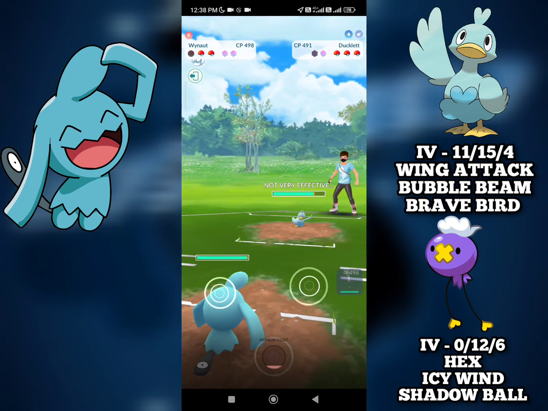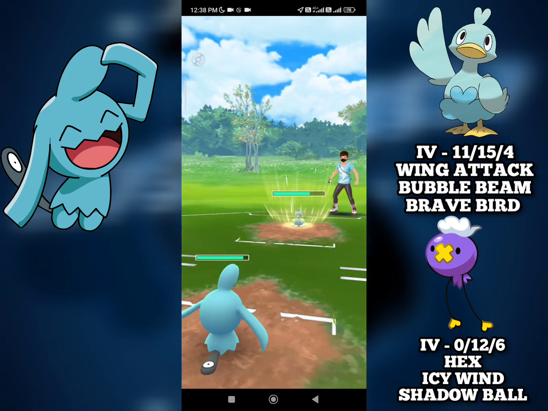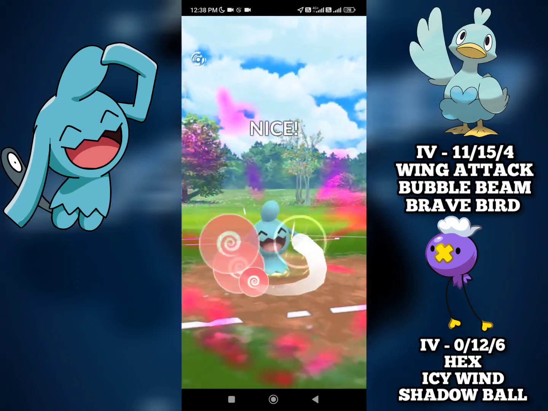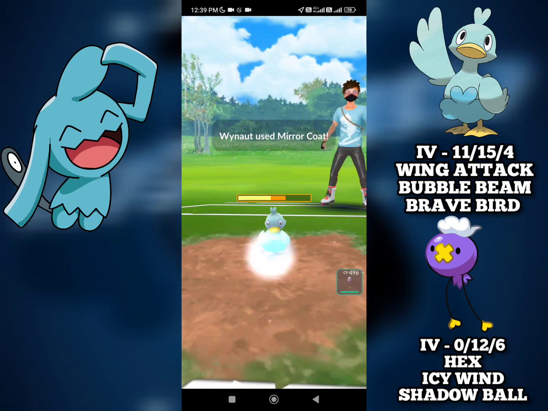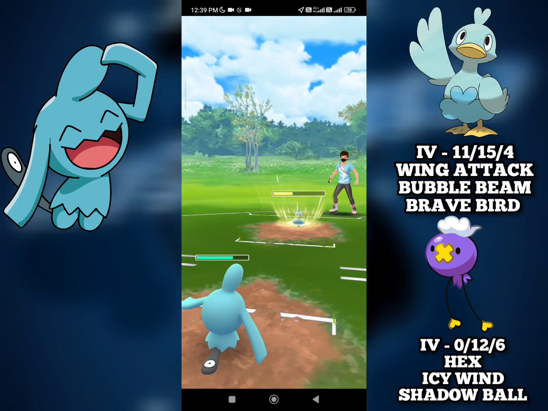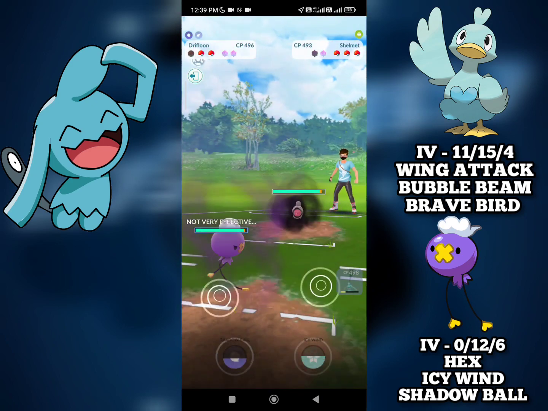From here, I'll bring in my own WYNAUT to absorb the energy. This could be a Brave Bird, but I am calling it, and it was a Bubble Beam bait. We go for the Mirror Coat to do some cheap damage. From this point, I'll let the WYNAUT go and trust in Drift Loon to close this game, and they have